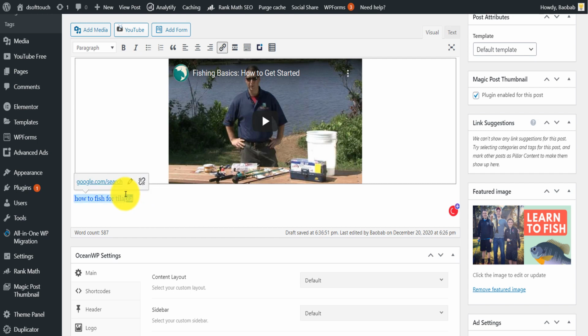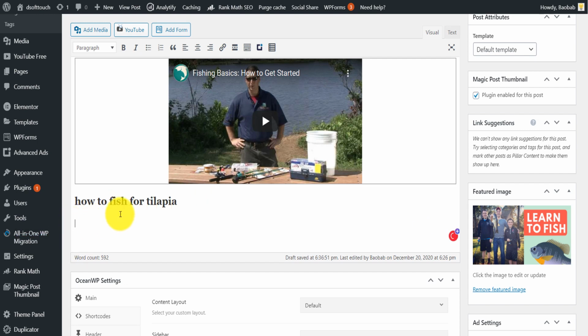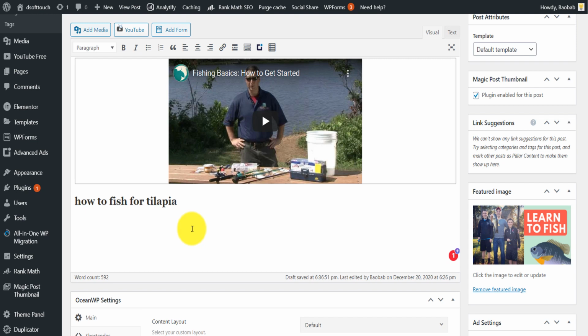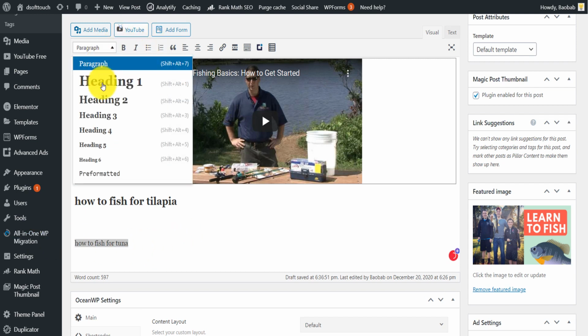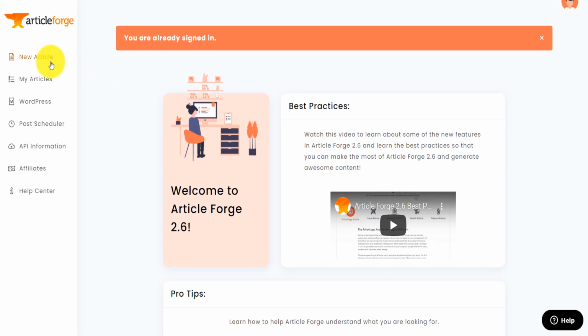how to fish for tilapia right here, and then I will add it as an H2 title, and then down here I will paste whatever articleforge created for that keyword. You do the same thing again, you paste that as an H2 title, and then down here you copy that, you go in articleforge, you paste that right here under new article,